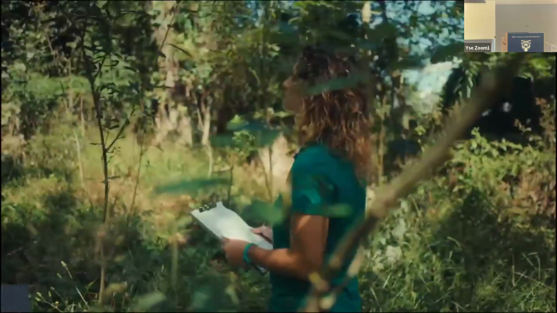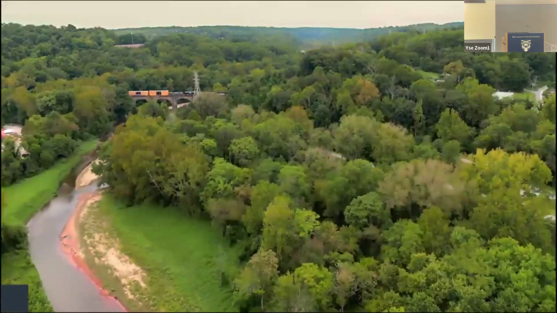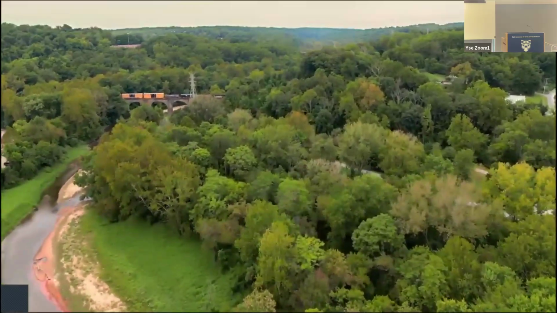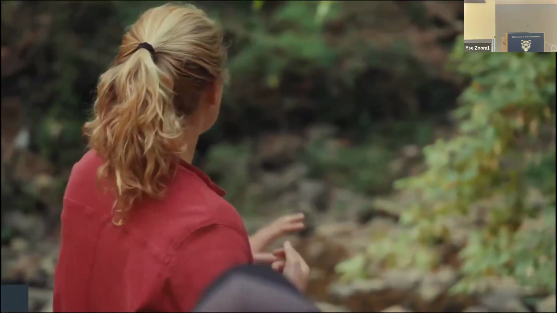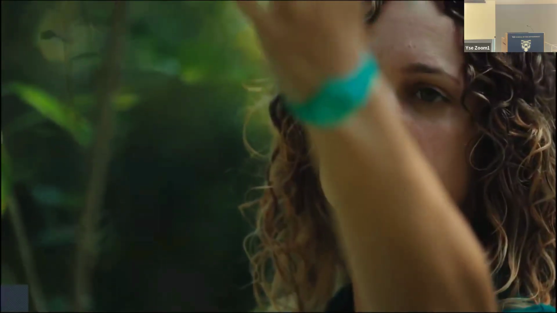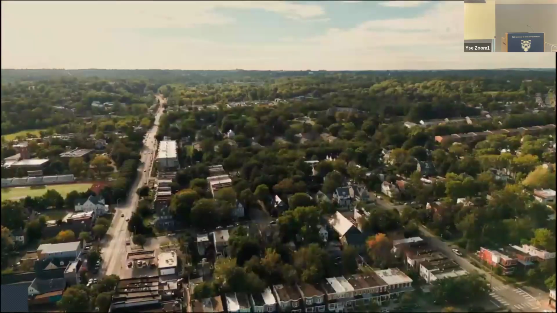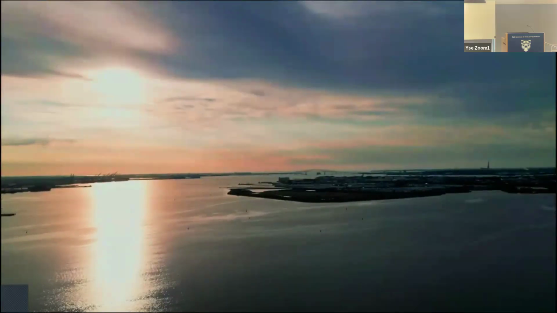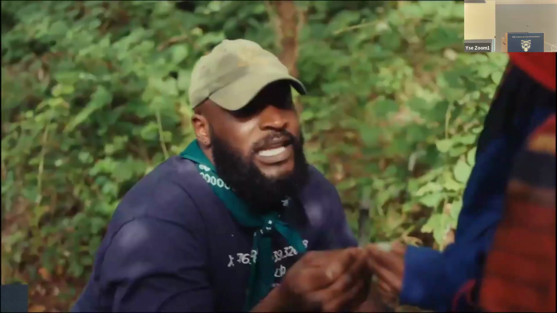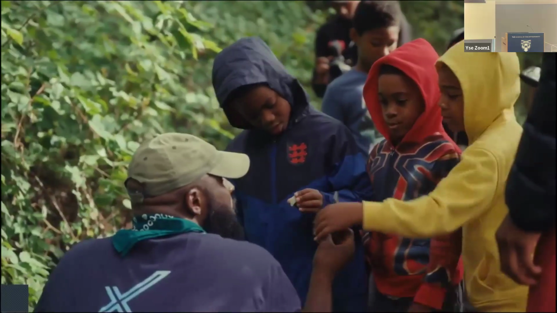A lot of urban ecology science was born in Baltimore. It was founded as a long-term experimental research site in the late 90s and has continued through to today with teams of academics and practitioners working together to understand the social ecological system of Baltimore and the Chesapeake Bay and the surrounding region. I think we should collect these, maybe take them back. Wait, I found some of these before.